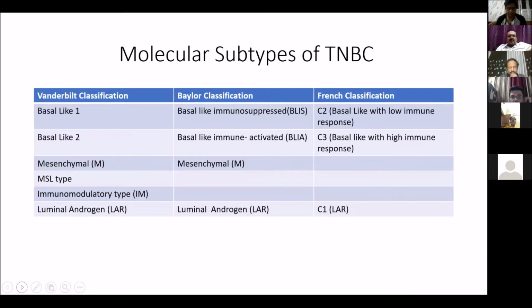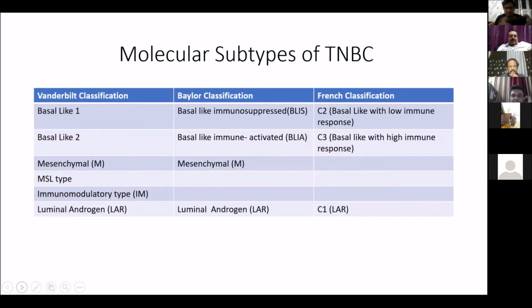TNBC is a very heterogeneous subgroup of breast cancer. It's like saying it's something we don't know about. We know the other three, and whatever we don't know about is triple negative breast cancer. So it itself has many subtypes. Many groups classify this unknown subset: Vanderbilt, Baylor, French. So Vanderbilt had 7 subtypes like basal-like 1, which was the tumors which were BRCA